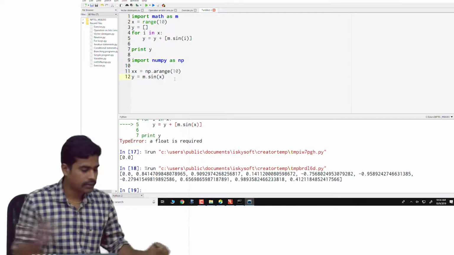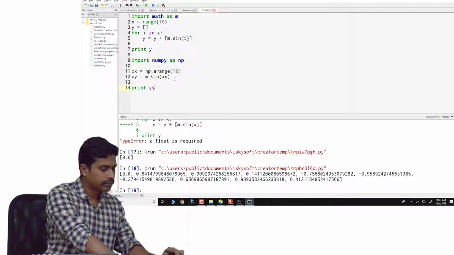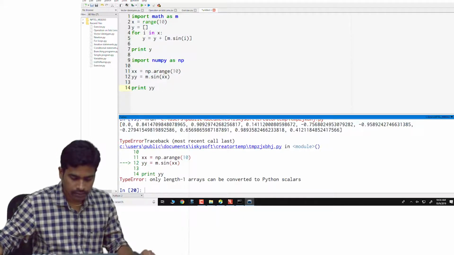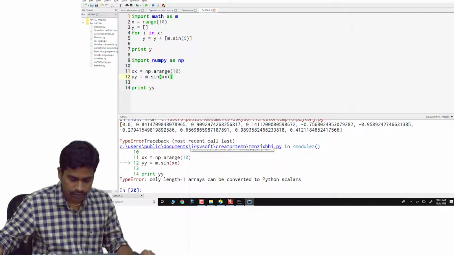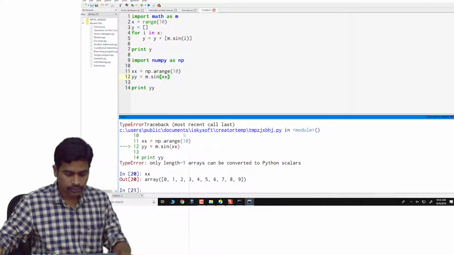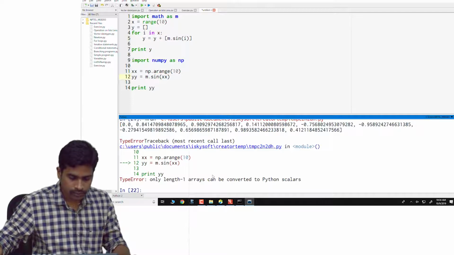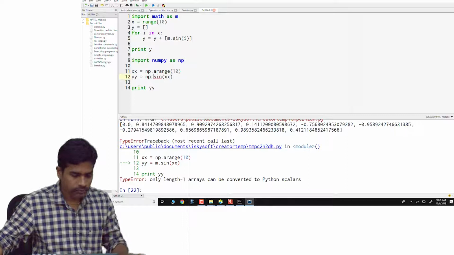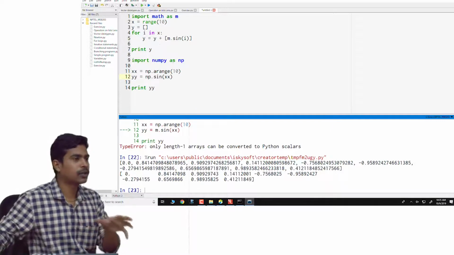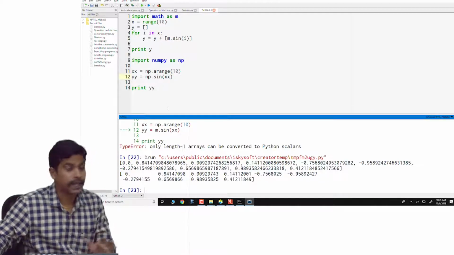If you run the program, instead of using math.sin, you have to use the sin function in the numpy library, otherwise it gives the error that we have seen. So these two are identical.